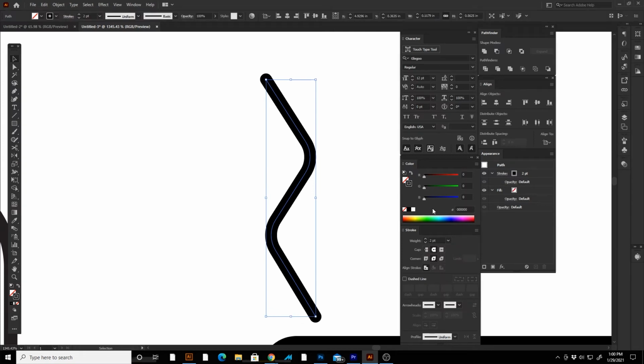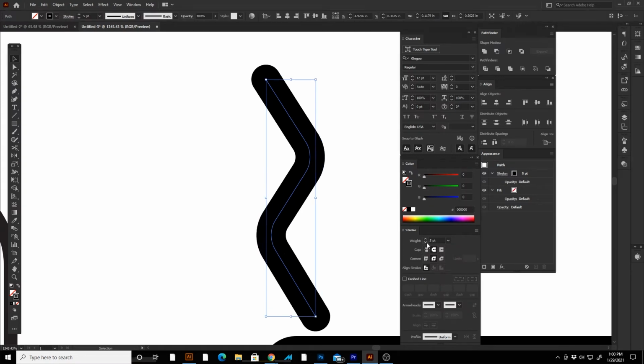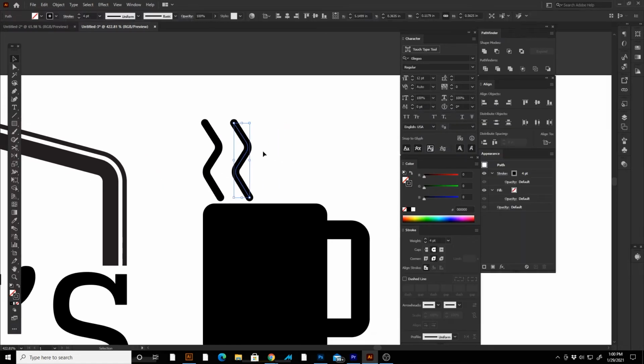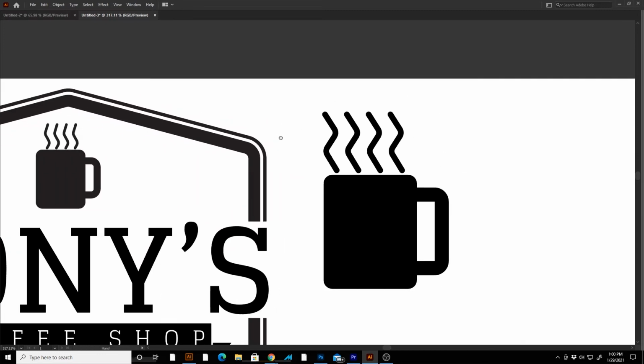I can make these a little bit thicker. Now I'm going to make one copy. So I'm going to click with my selection tool, hold down Alt and Shift, and drag this over here. And that makes one copy. Now once I have one copy, I can press Control or Command if you're on Mac and D, and that'll just step and repeat. Okay, so now I have my four